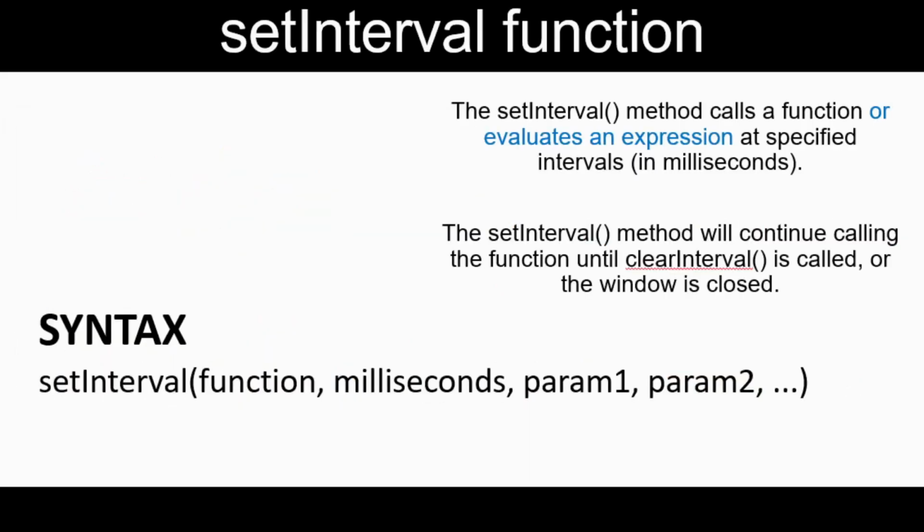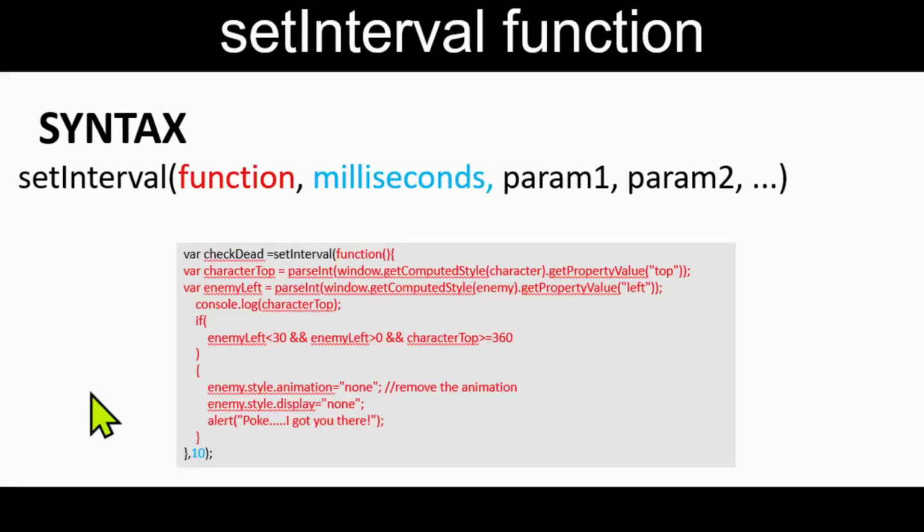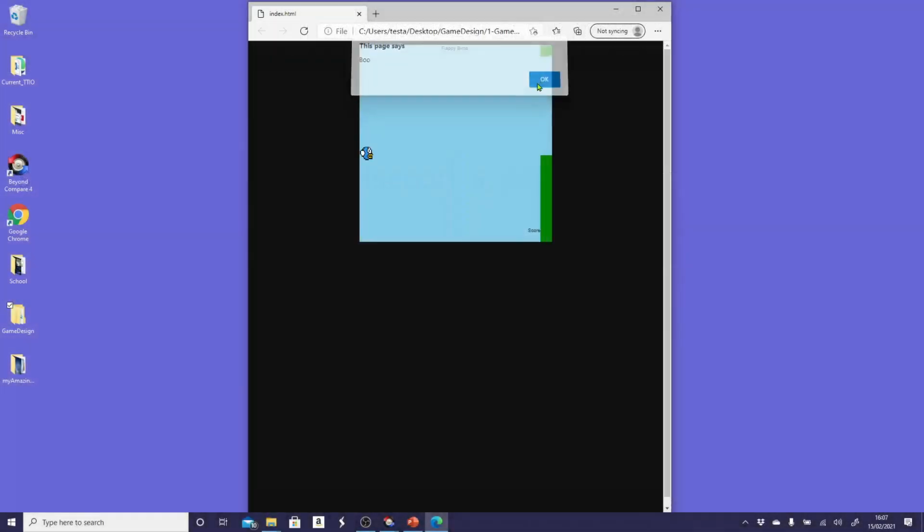We've looked at the setInterval function, of course. In this case, we have a required function and a time in milliseconds, and in our game, this is the function in red, the milliseconds there is 10, which is 10 in this case for Flappy Birds, and we can ignore the rest. So to begin with, I think it's useful to actually play the game,